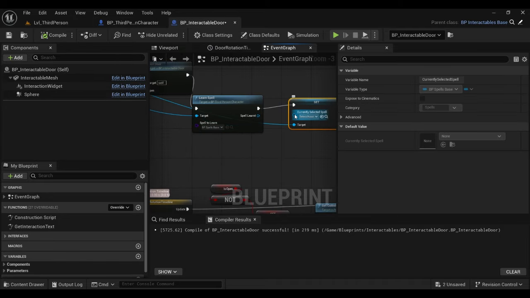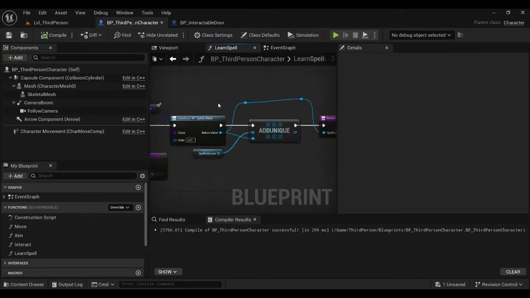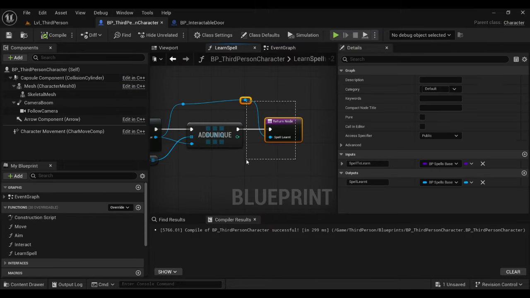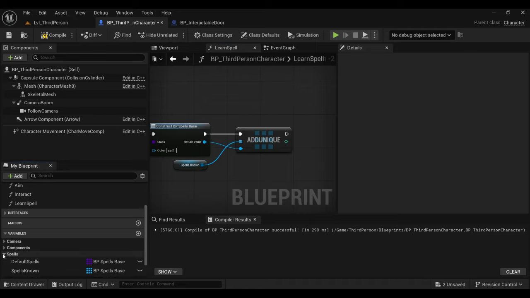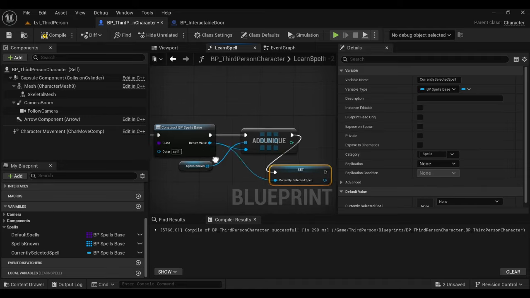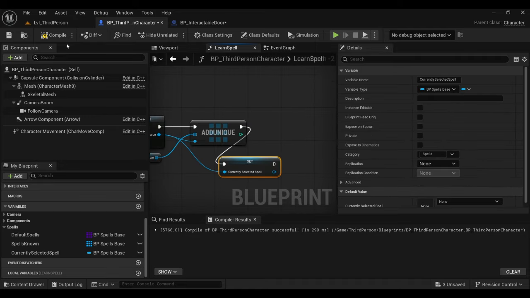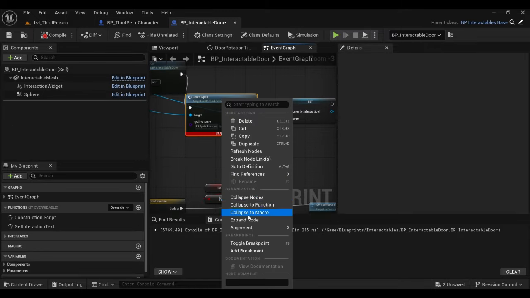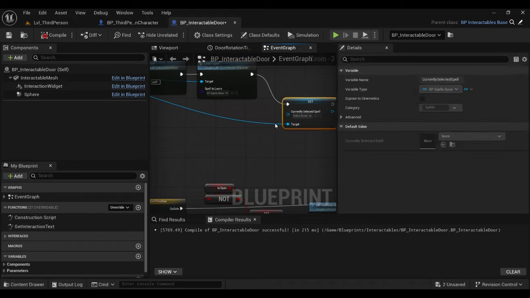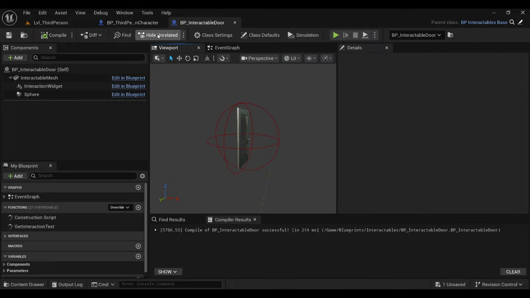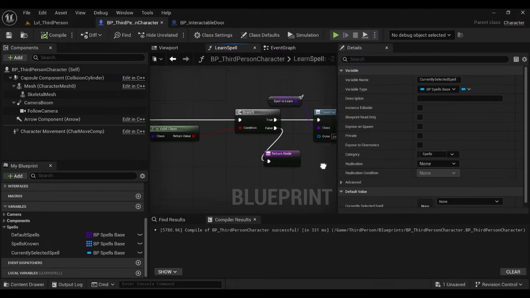Okay, now here let's set this here like this, or you could just remove all of this and immediately set the currently selected spell like this without the return. I think it's better, yeah. Let's refresh this and remove this. Okay,